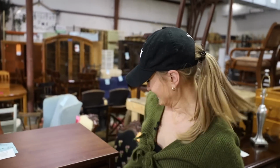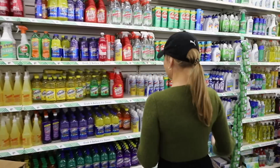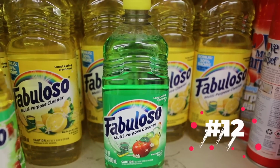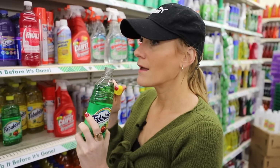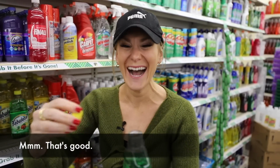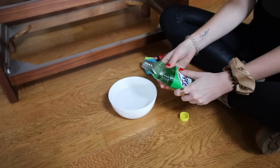But first, when you get something, you want to clean it up fast. I highly recommend Fabuloso. Come over here. They actually have a brand new scent. This is the apple pear scent. This literally smells like a lollipop. Wait, smell it, Charlie. Right? This is so good. What's really great is it's for multi-surfaces, whether it's wood or countertops, laminate, whatever you have,